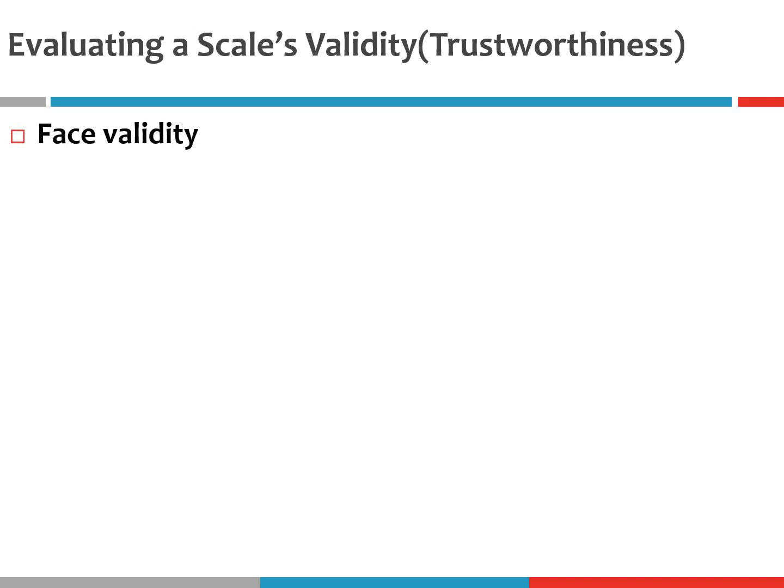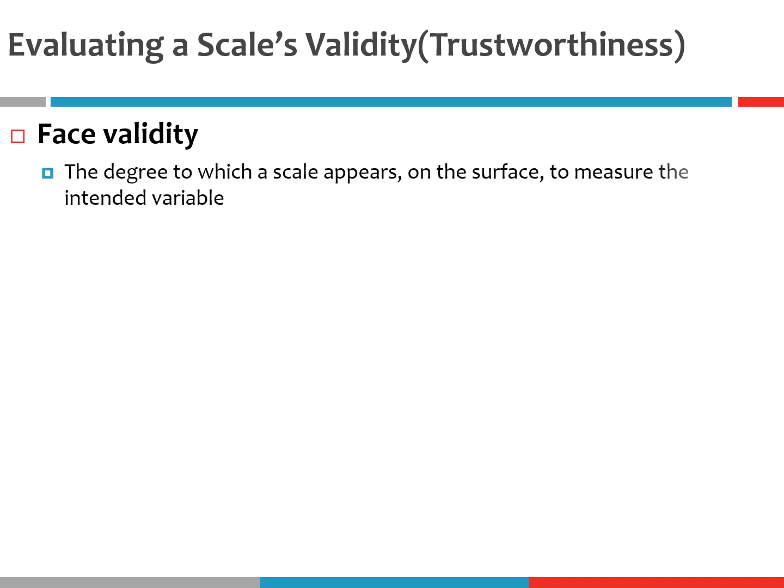The first and the easiest form of validity is called face validity. Does the measure look like, just based on what you're looking at, does it look like it's measuring what it says it's going to measure? So when you look at the test, let's say you're taking a test in research methods, and the first question asks about